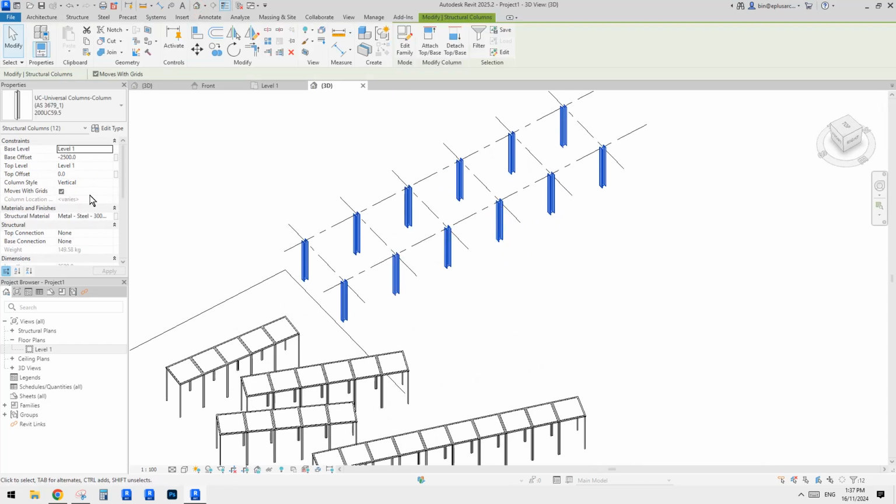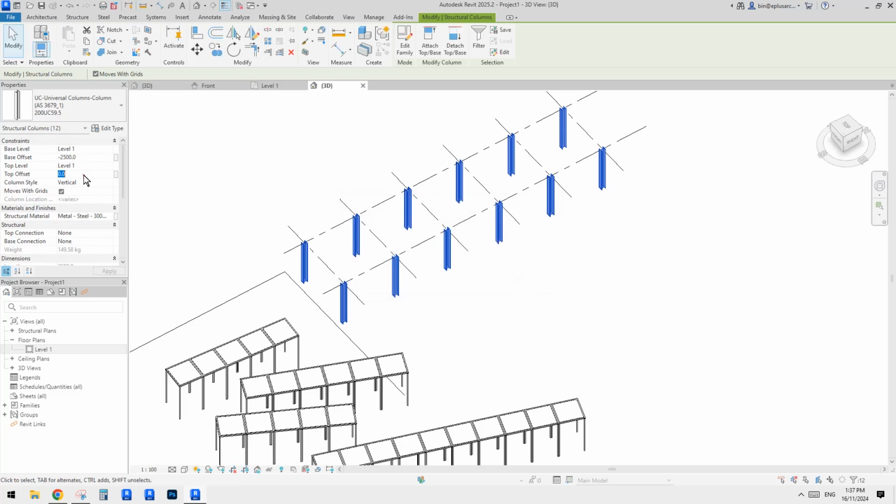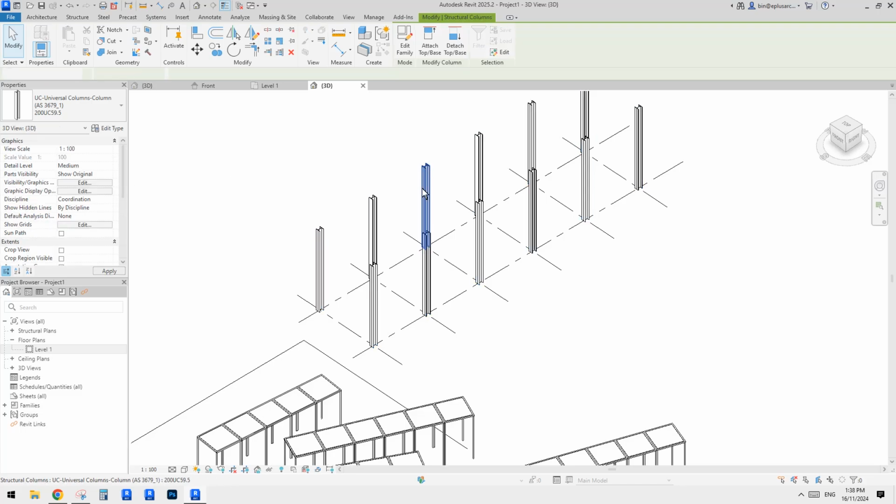I'll select all. Maybe instead I'll go down, because this is more structural. So the one we see, right? So 3 meter. Okay, so don't worry about the underground part. 4 meter. And